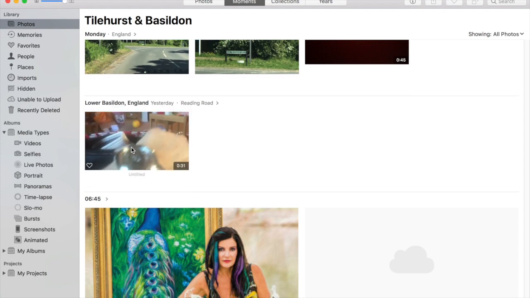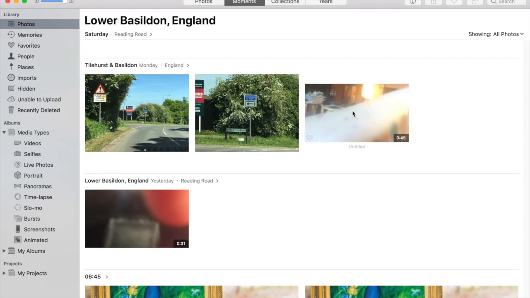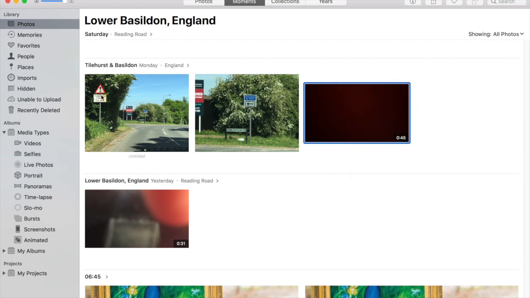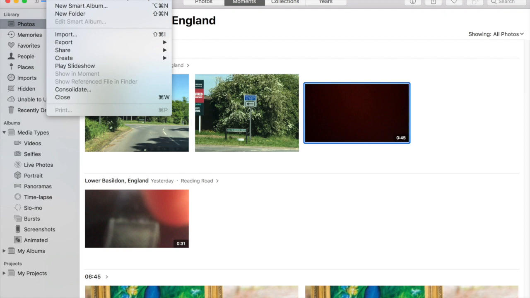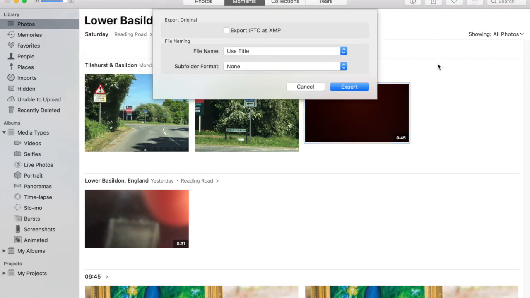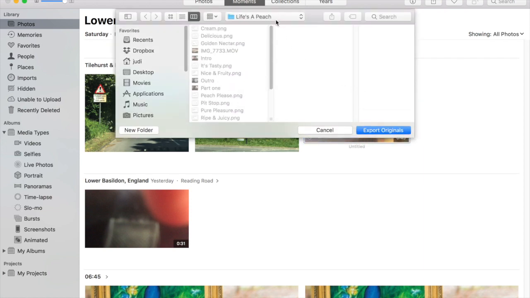Right, so okay, so this is the swatch I'm looking for. So I need to highlight that video. File, export unmodified video. Export it and put it into the On the Rocks folder so that it's with the rest of the stuff.